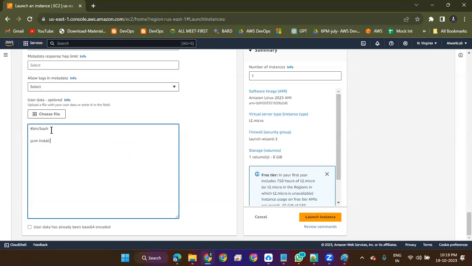In user data, I could also apply a file here. Without logging into the server, I can execute here. Without doing SSH, I can run something in it.